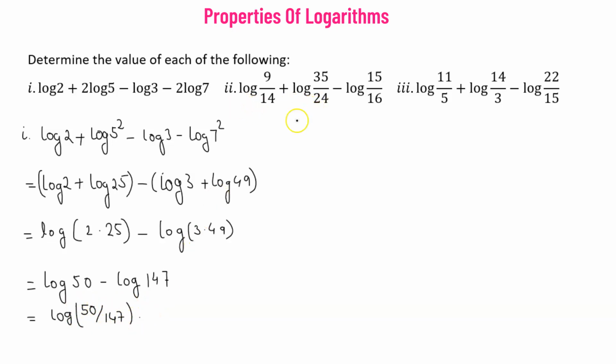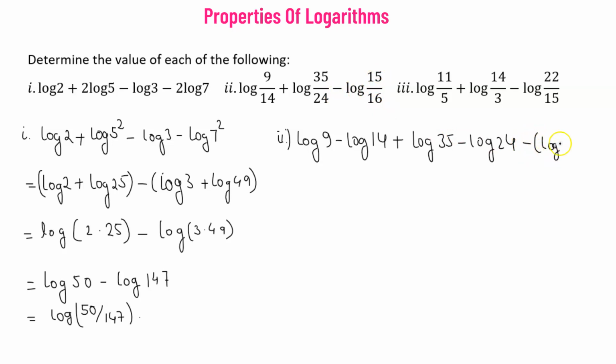Let's go to problem number 2. This time what we'll do, we have log of 9 over 14. So we'll break it down. So this will be log of 9 minus log of 14. Plus we have log of 35 over 24. So that will be log of 35 minus log of 24. Then we have negative of log of 15 over 16. So this will be negative times log of 15